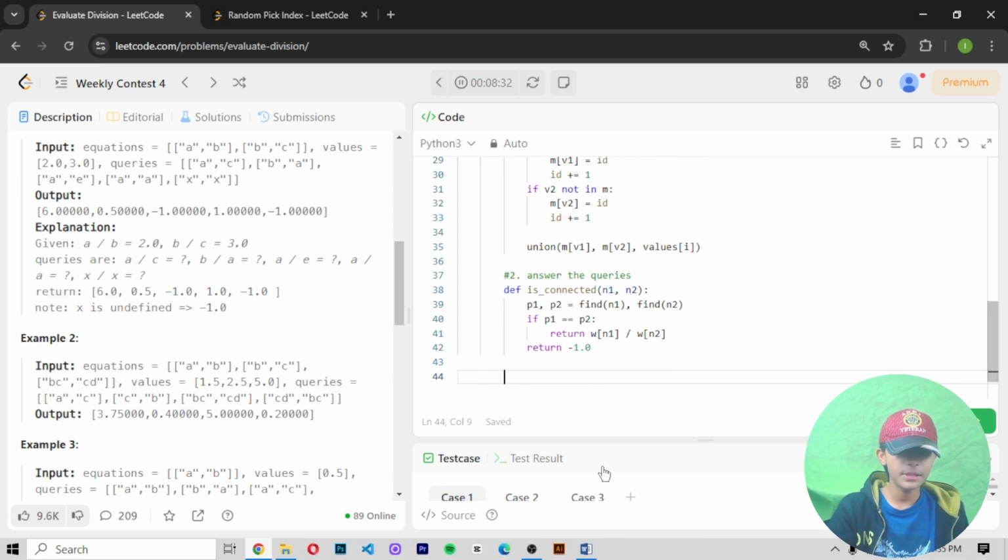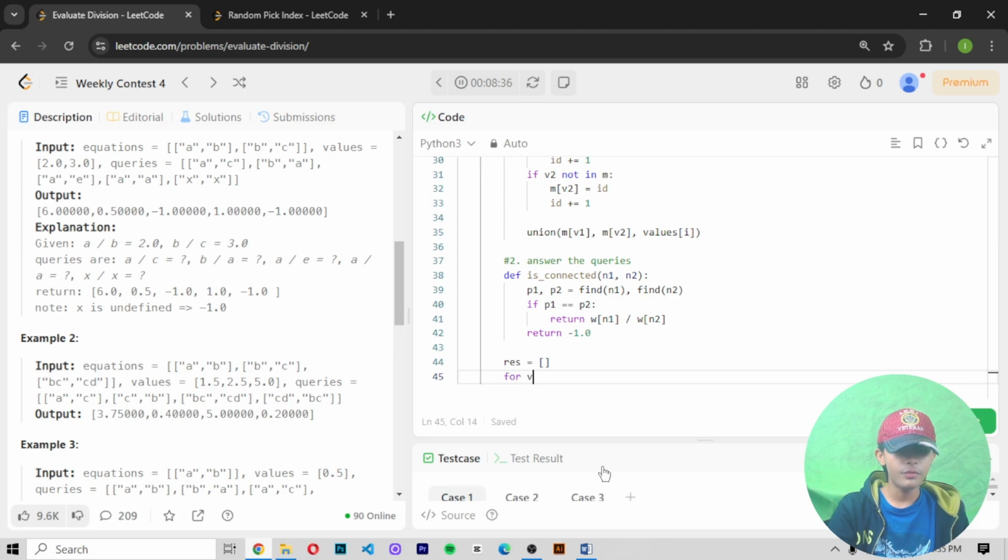Enter, backspace, enter: res equals a square bracket, and then for v1, v2 in query, not queries.